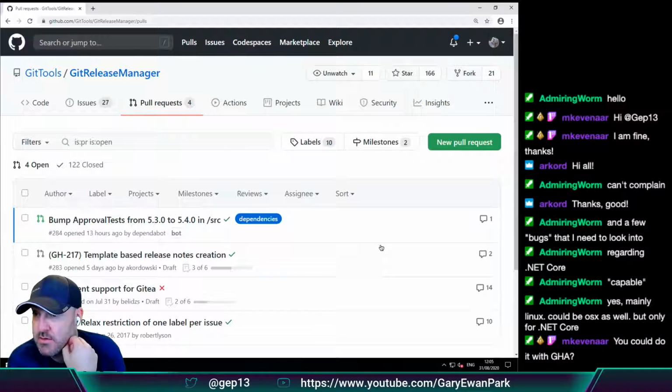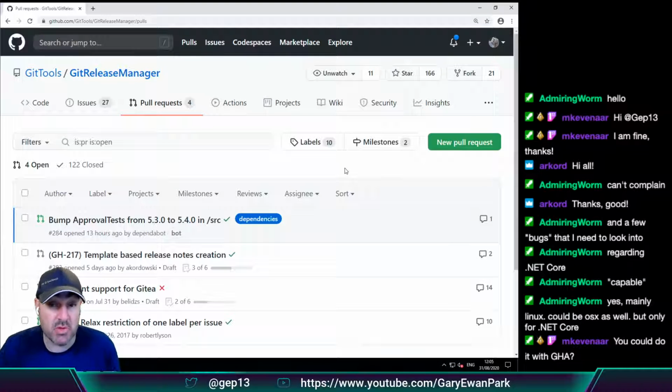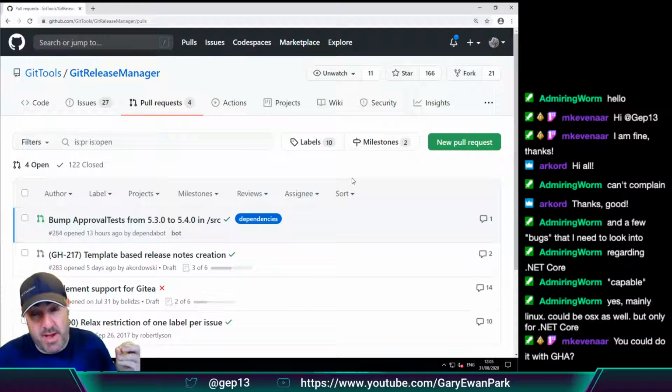Yes, specifically with .NET Core. You can do it with a GitHub action. Yep, so we have a GitHub Actions build. It's more for me being able to play with it locally, is what I'm getting at, Maurice. GitHub Actions is great, obviously, but being able to tinker with it and play with it locally as well. I'm not set up for Mac and Windows to play with it locally, but I don't have a Linux box to hand. And we've noticed some differences between some of the changes that Kim's made: from a Linux perspective it doesn't work on Mac, and vice versa. So that's what I was getting at there.